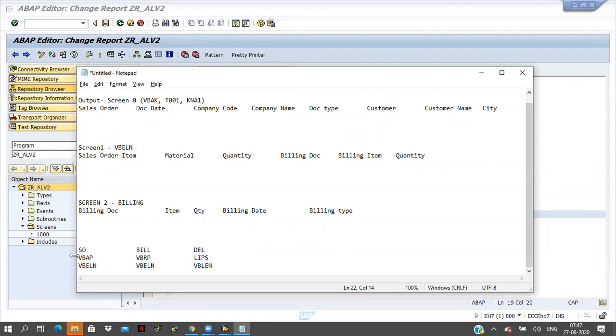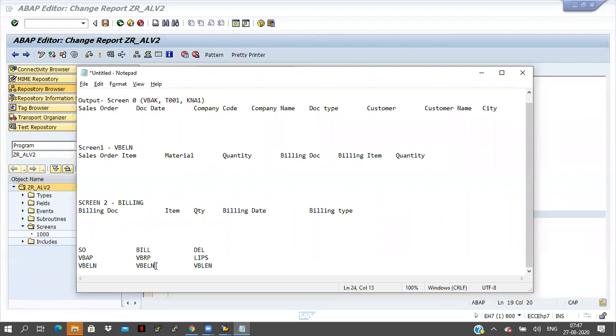For the sales order, the VBAP table is there, and in this one VBELN is the sales document number. In the second one, VBRP is there, and this VBELN is the billing document number.